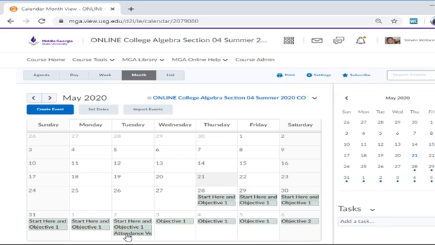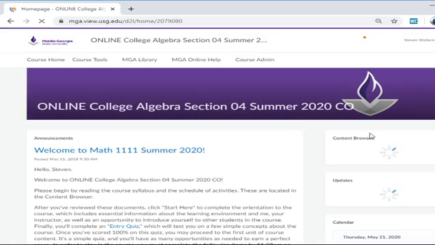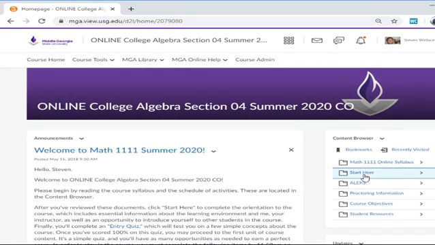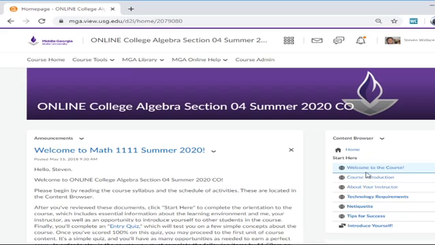Attendance verification. There's a lot of talk about that in the syllabus and on the first content item that you need to go through here in the first few days of class. So you go to Start Here and you go to Welcome to the Course.